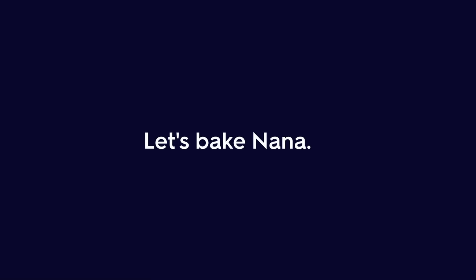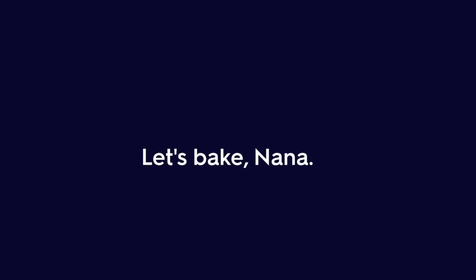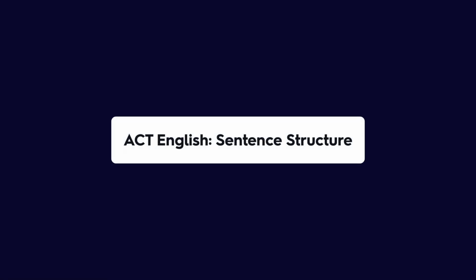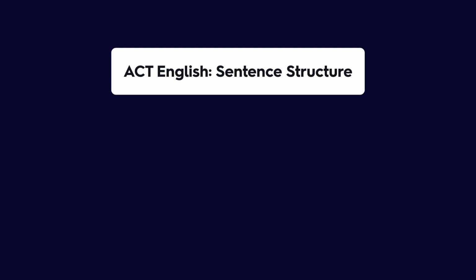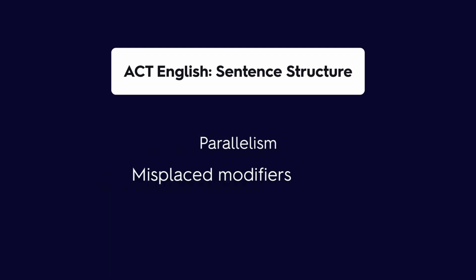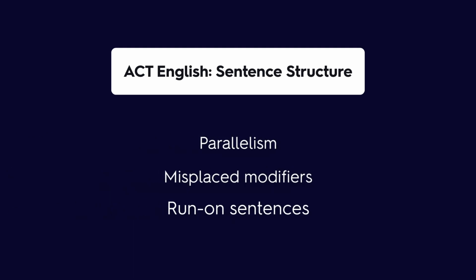Tiny marks make a massive difference. One missing comma can completely change what a sentence means. In this video, you'll learn how to fix the most common sentence structure issues you'll see on tests and in real life. We'll break down 3 big problems: parallelism, misplaced modifiers, and run-on sentences, so your meaning stays clear and